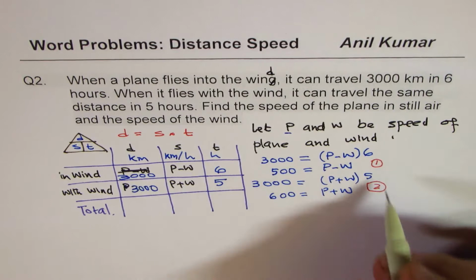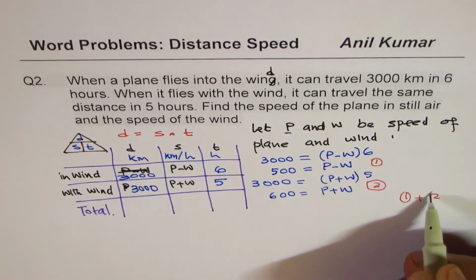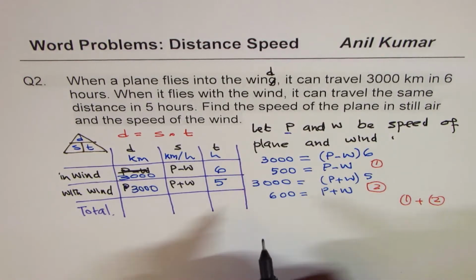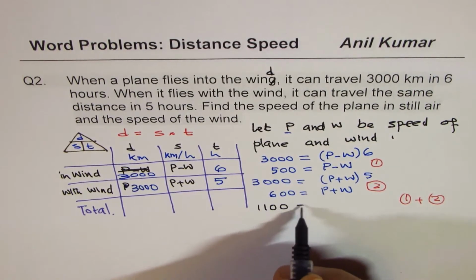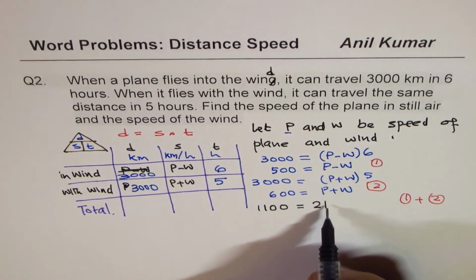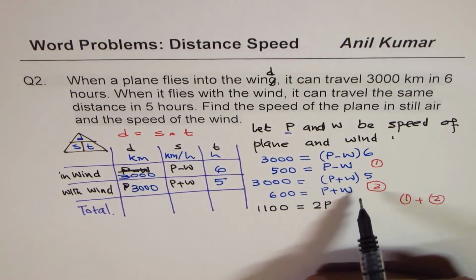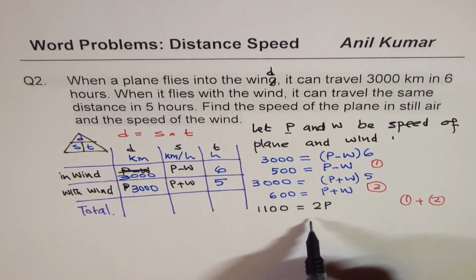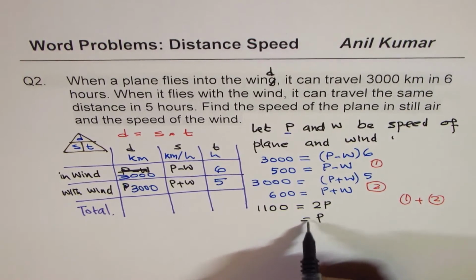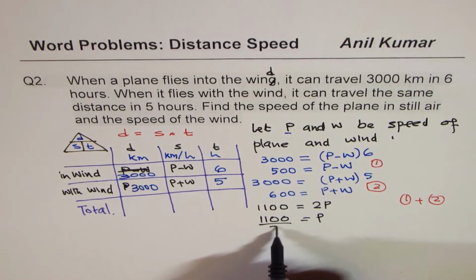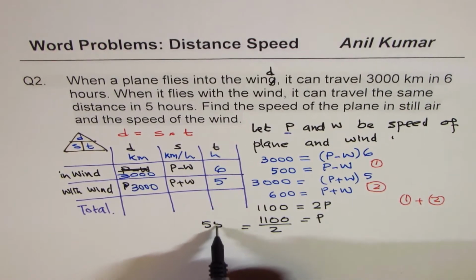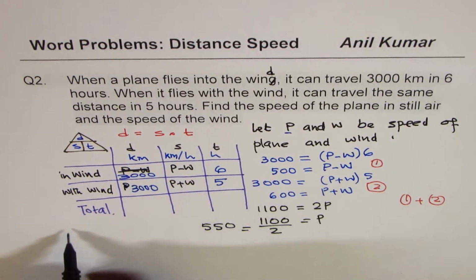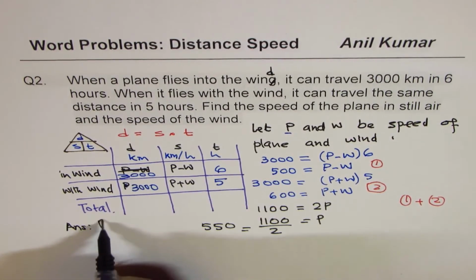Very simple. If I add equation 1 and 2, what do I get? 500 plus 600 is 1100 equals P plus P is 2P, and minus W plus W is 0. So we get twice the plane speed is 1100. So from here we get that the speed of the plane is half of 1100, which is 550, correct? And the units are kilometers per hour. So we could write down the answer here as P equals